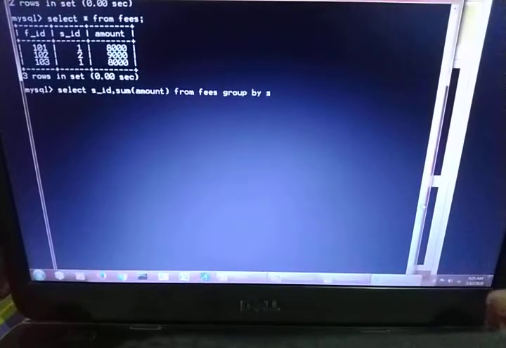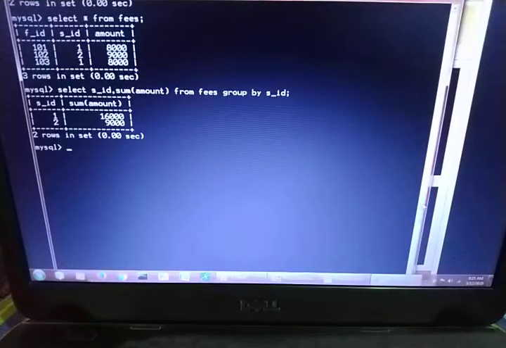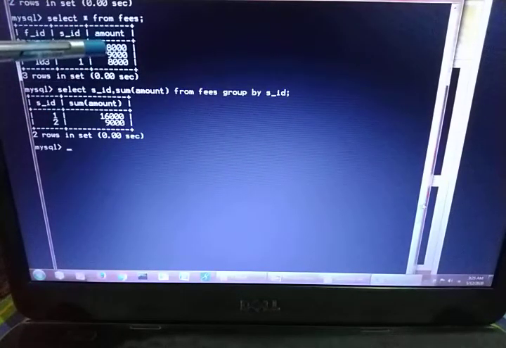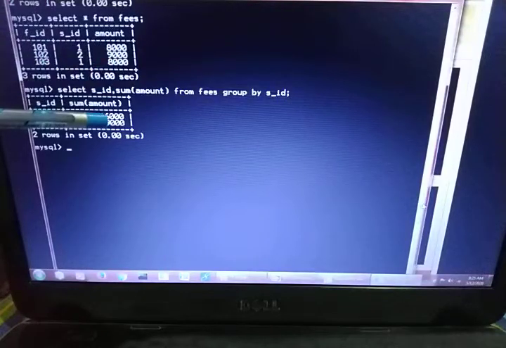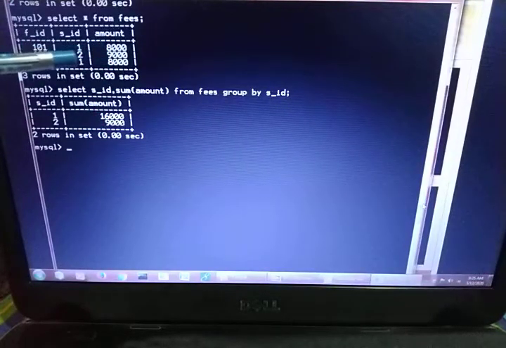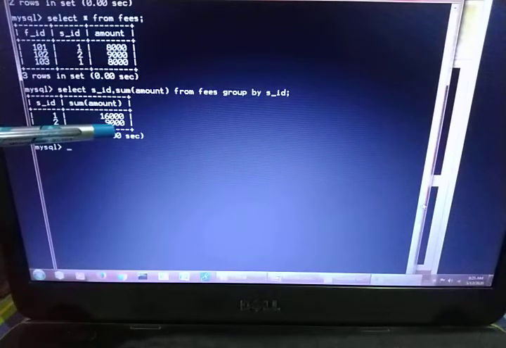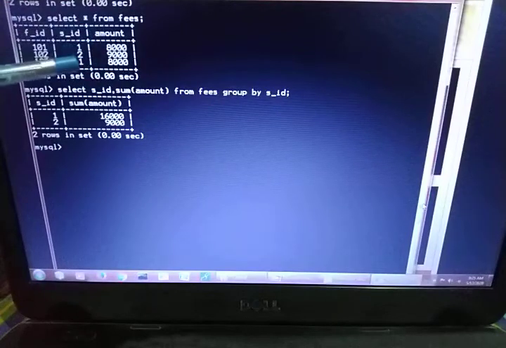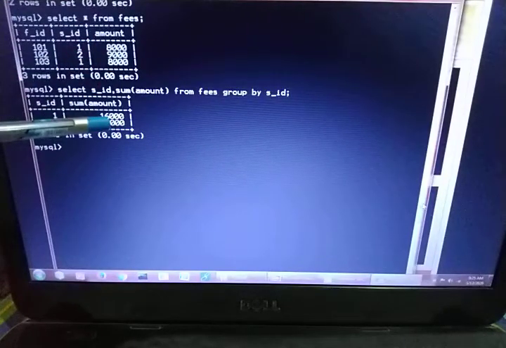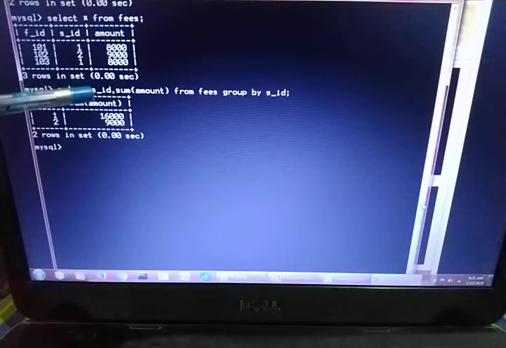I want to group it by SID. Fine. So you can see the records over here. First SID, first two records are there, so 8,000 plus 8,000, that will be 16,000. And when you see the second record, only a single record is there, so no sum will be there for the second record. If one more second record will be there, then it will do the sum for that second record also. Fine. So what it has done, first it has seen the SID.